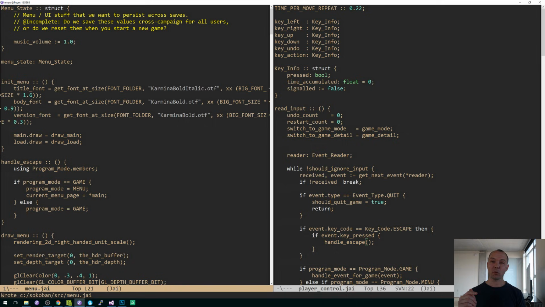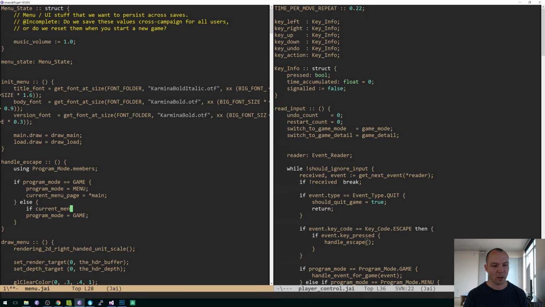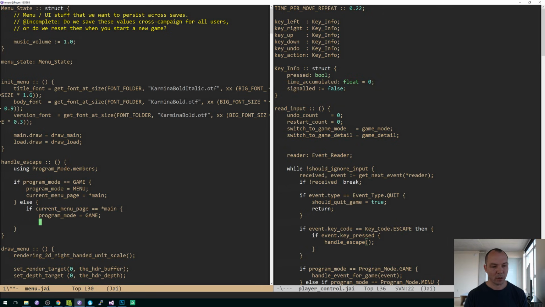If we're on the load screen and you hit escape, we'll pop back 1. So if the program mode is game, we go into main menu. Otherwise, if current menu page is the address of main, we go into game mode. Else, we'll just assume for now there's only 2 levels of menu. If we want to later, we can keep track of a stack of menus or whatever, but,